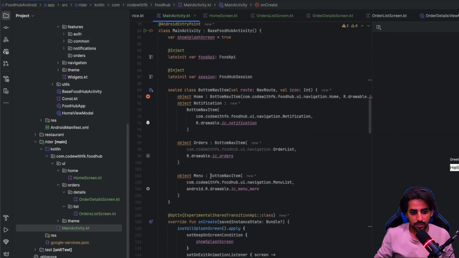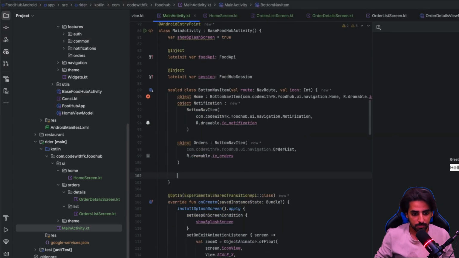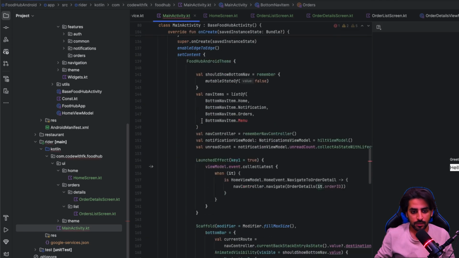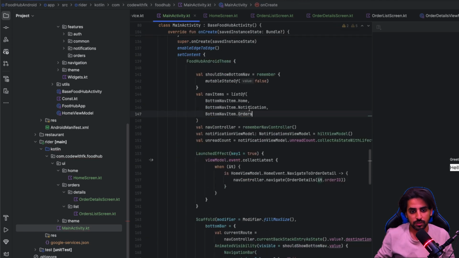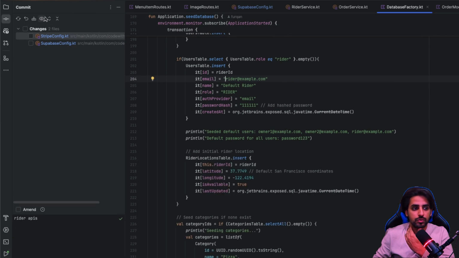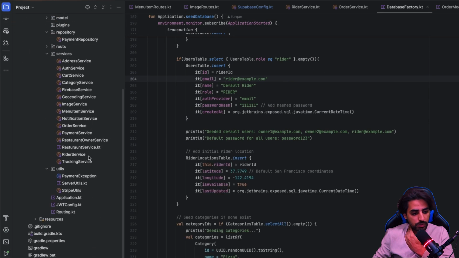So the first thing I think that we need to do is that we need to get rid of our bottom menu section for this because we don't want to show that, and from over here as well, so that we only have these three sections over here. So now the first thing that I'll do over here is that in the home screen, I'll implement some sort of flow where we can look for the available deliveries that the rider can deliver. So if you go to the backend code,